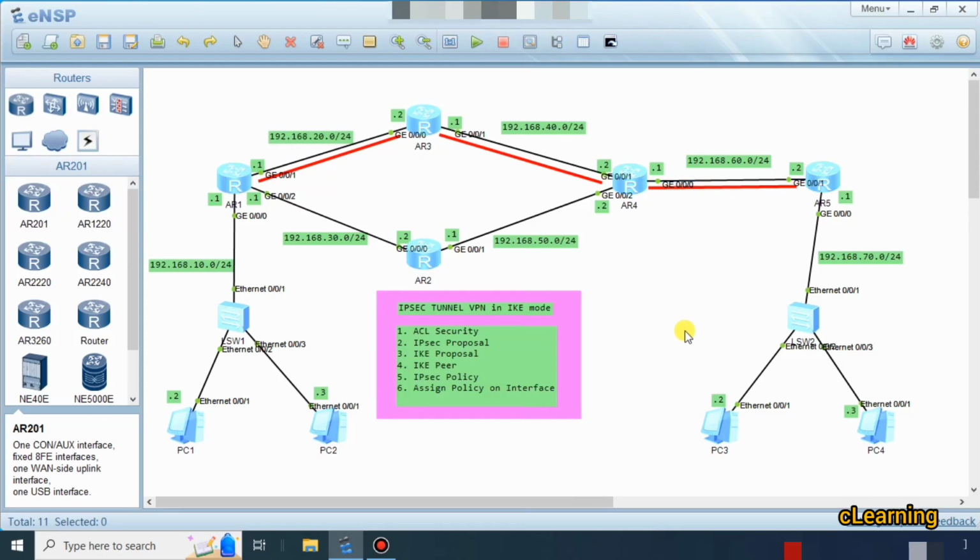In this video we will learn about IPsec tunnel VPN in IKE mode. In our last video we learned about IPsec tunnel in manual mode. I use the same topology as in my previous video, where I created the IPsec tunnel in manual mode, where we did the configuration of IPsec and manually defined the SPI keys, SPI share keys and SPI string keys on both sides of the tunnel. But in this video we will learn about IPsec IKE mode, automatic key exchange mode, where